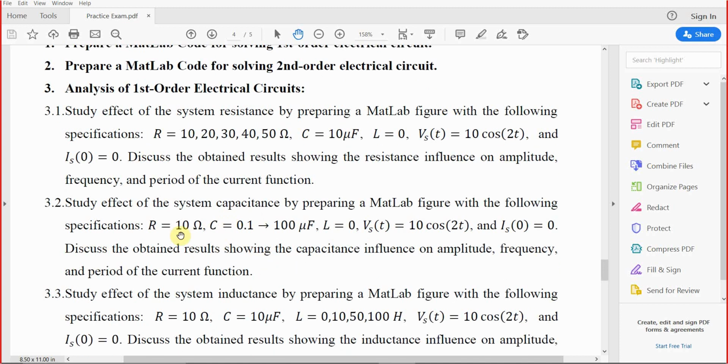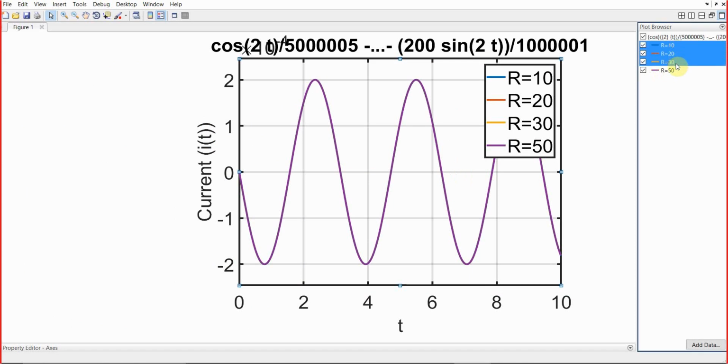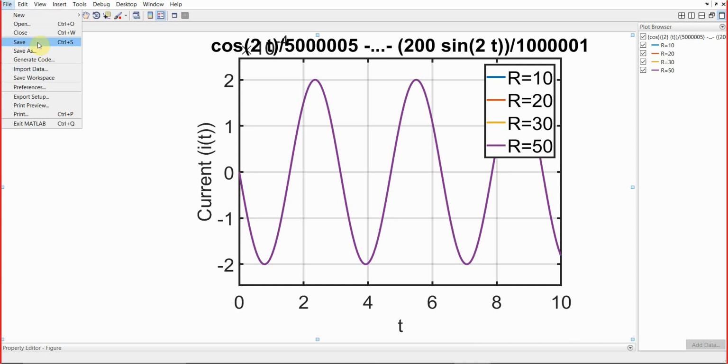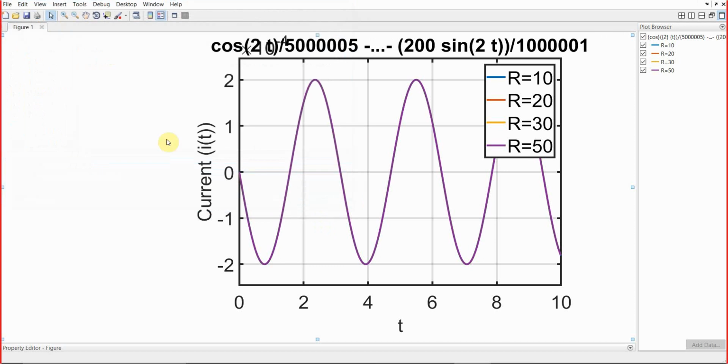Make sense? But for the second case, if we fix the R value to 10 ohms and L to 0, and VS to this function and the initial condition to 0, but change only C, we're going to end up with different curves, as I'm going to show you. So now, let me remove all of these curves. So this is going to be one figure. You're going to save this figure from here. Just file, save. This figure is going to be for the first part. Make sense? So I can simply save this file